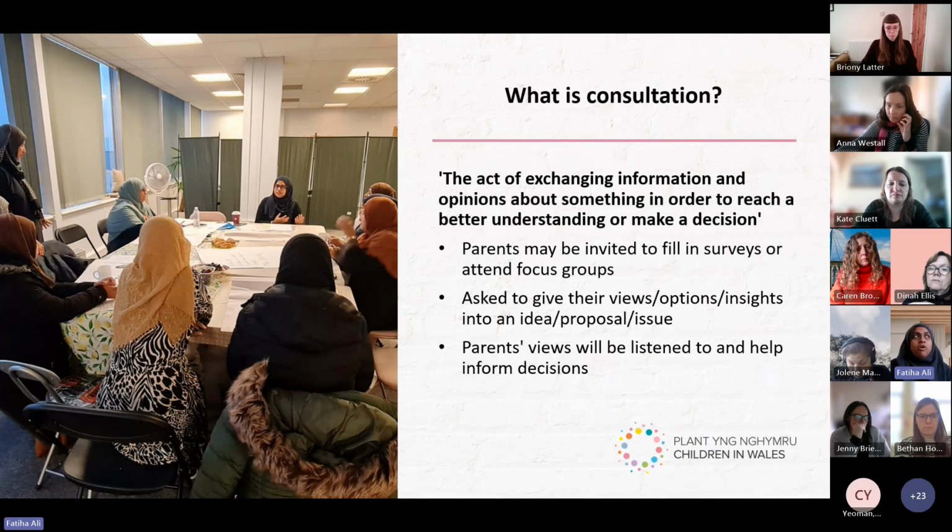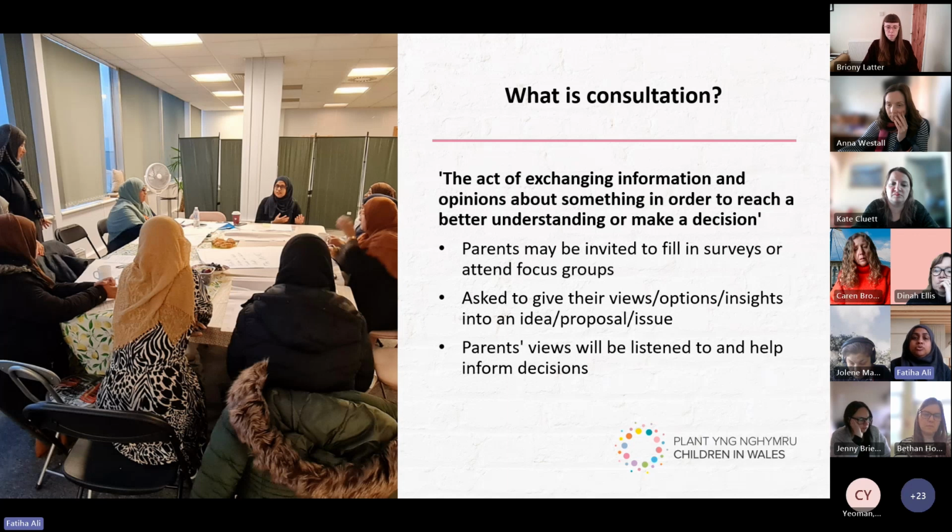It's just a way of hearing people's views and using those views to change the way we make decisions, especially the views of people who will be impacted most by those decisions. It's important to collect their views and make sure that they in some way shape the decisions that are being made. So that's what we mean by consultation. It could take lots of different forms, and that's explained in our toolkit.